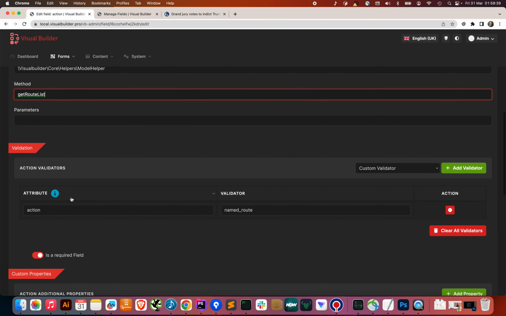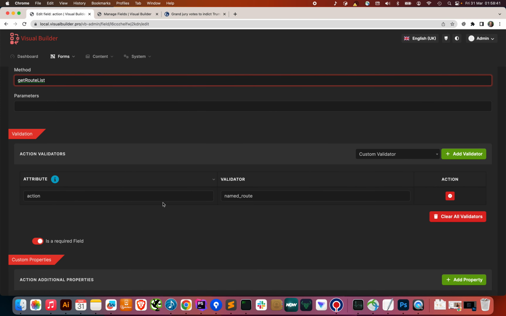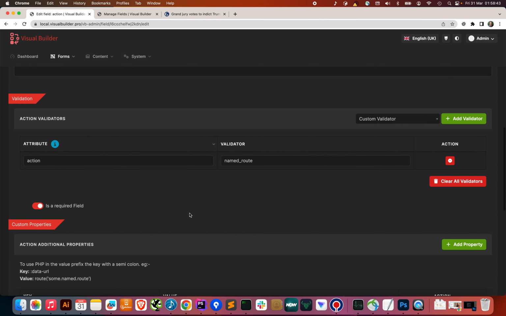Then we've got validation rules, so each field should be validated because we're good developers and we always validate our inputs. So this field, it's the action URL, so it's going to be validated as a named route. This is not a Laravel validator, this is a custom validator that we created to say, is this a valid route in the system? The defaults, I think there's 62 validators in here, so we can use, for example,